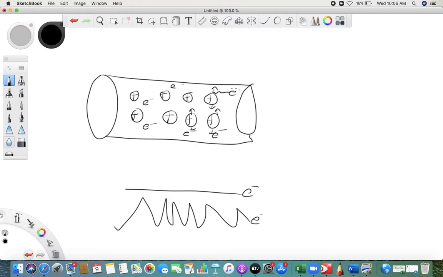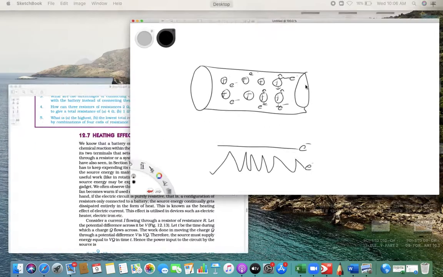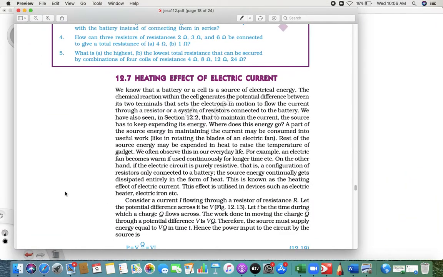During this course, heat is produced. So this is how heat is generated. Otherwise, the purpose of any device is not to produce any heat. So the heat will be produced in this way. As you see, the heat is generated in this way, right?